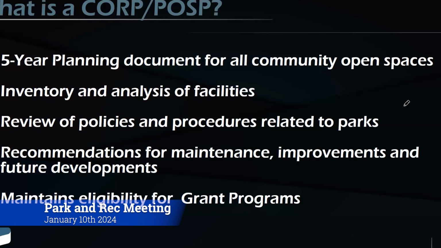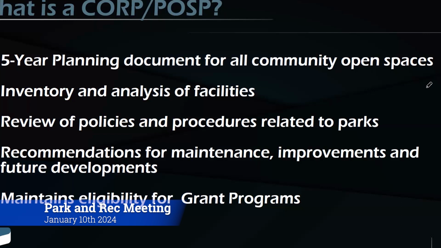For those of you who are new to a comprehensive outdoor rec plan process, some of the key takeaways here is you really need to do this or update the document every 5 years to maintain your eligibility for grant funding, as well as make sure you're proactively looking at the planning and upkeep of your existing system. And the document does account for all of your park and open space properties, whether it's active rec or conservation-based recreation. So we also go through all of the current policies that relate to outdoor recreation, whether it be park impact fee or